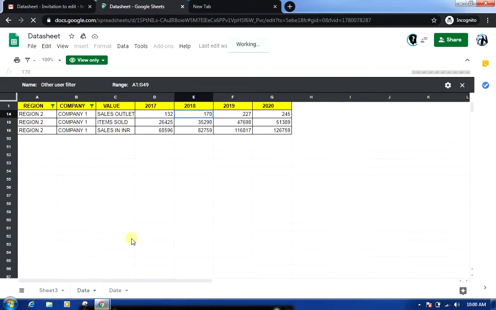Okay, so this is how the filters work, and this is very crucial to know for working parallelly. Otherwise, in most cases during the initial learning period, we have seen data being overwritten by other users, or sometimes we delete some rows and that gets reflected for the other person who was working on it, and the data gets mismatched. We got some odd errors. To avoid all these things, for one or two users this may not be crucial, but when you work parallelly with multiple users in an organization, it's very important to know how the filter works.